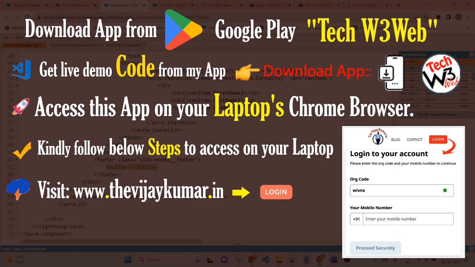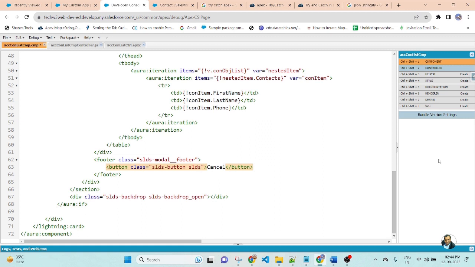The name of the button is cancel, and pass the class name SLDS button SLDS button destructive. So this class will make the button visible in red color.